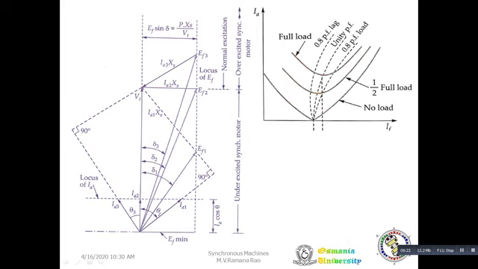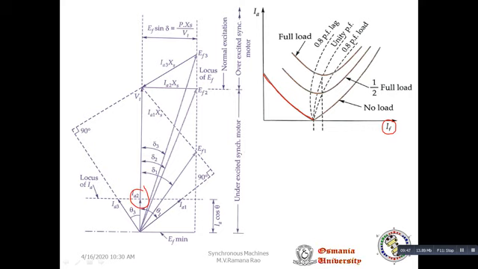Take one load, no load ideally. Ideally means no losses. In such a case, as we go on increasing the field current, this is the field current, the armature current is reducing to this point. So this is the minimum armature current. And still, if we go on increasing,